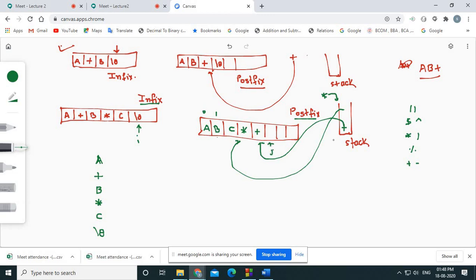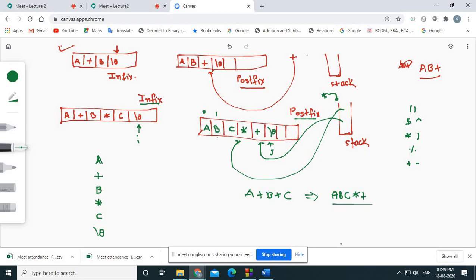Okay, now your stack is empty because stack was having 2 elements, plus and star, and both are popped. Your infix array, I is pointing to null character. In that case you need to put a null mark here. So let's suppose the expression given is A plus B into C, what will be the postfix of it? Its postfix will be A B C star plus. This will be the postfix.